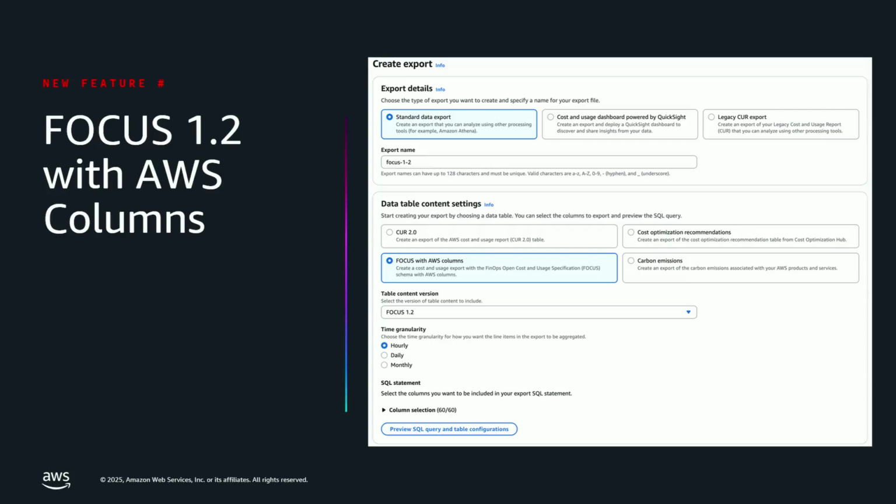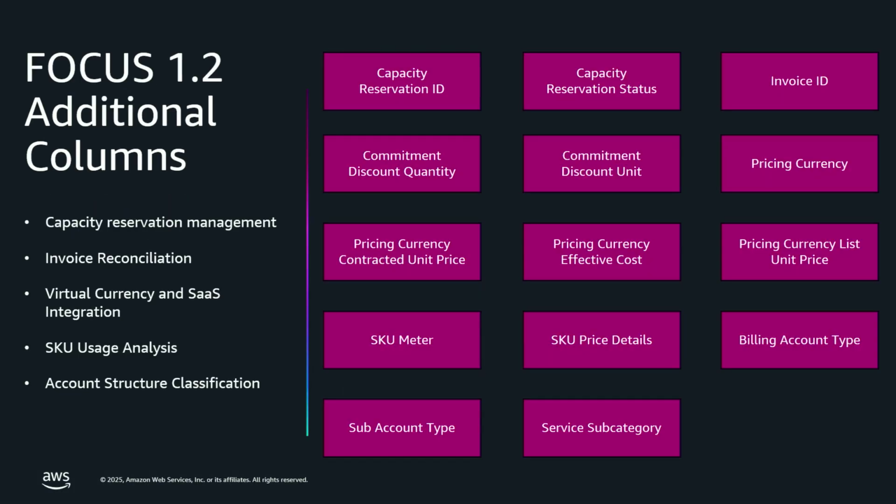So as mentioned, Focus 1.2 we just launched 2 weeks ago. Definitely encourage you to try this enhanced version of the Focus specification. Focus 1.2 provides 14 new additional columns on top of Focus 1.0. It includes capabilities like capacity reservation ID and status columns to help you better manage your capacity reservations. We'll break down your capacity reservation used and unused status. It also includes the invoice ID column, which helps you better reconcile your cost and usage data with the